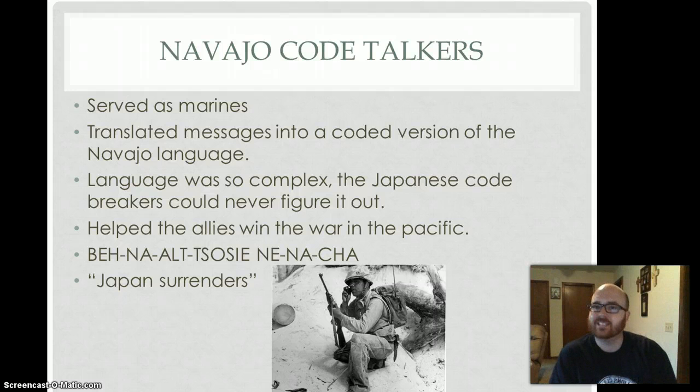Now, what about the United States code? Well, the United States had a code that no one ever cracked. This is the Navajo Code, the Navajo language, which was a language very few people spoke. It's a dead language. Just if you were Navajo, you could speak it. If you weren't, you did not. And so, luckily, the United States had the Navajo tribe in the United States, so they used their language as our code, and Japan never broke it